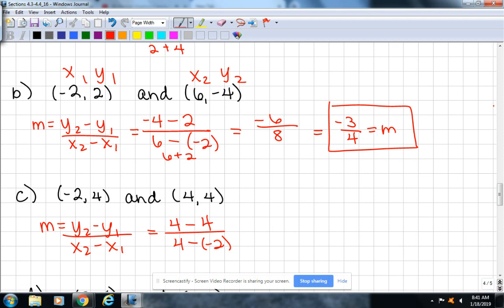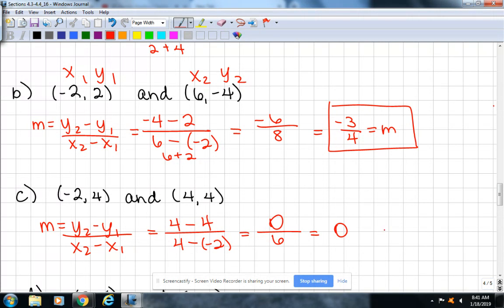Then we simplify the numerators and denominators separately. What is 4 minus 4? 0. Over what is 4 minus -2? 4 plus 2, which is 6. What's 0 divided by 6? 0. 0 divided by anything is 0. So,